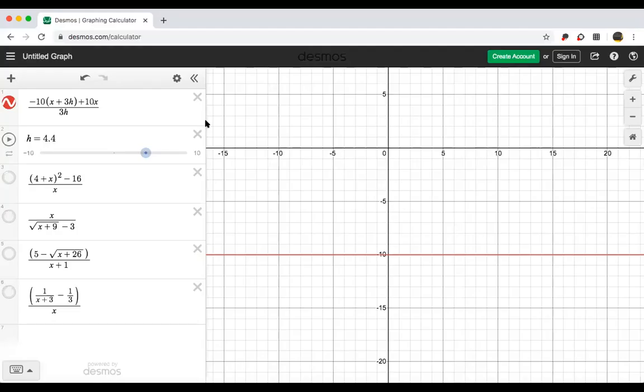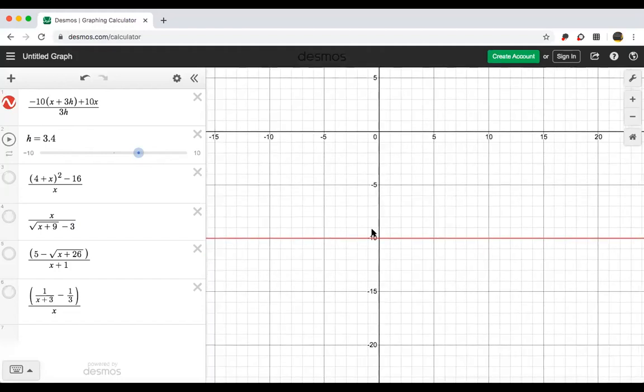On Desmos here, you'll see the first function I have popped in here with this little red tilde is the function in question that we just looked at. And since there's essentially two variables here, there's x and h, I have h set as a slider so I can pick different values of it. You can see that the graph is linear. It's a horizontal line that crosses the y-axis at negative 10,